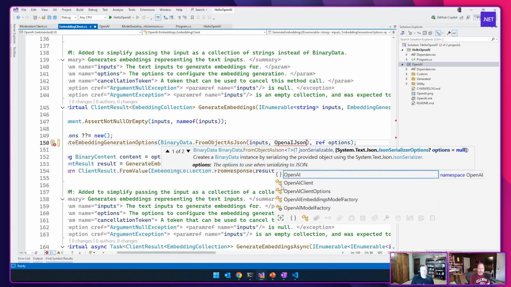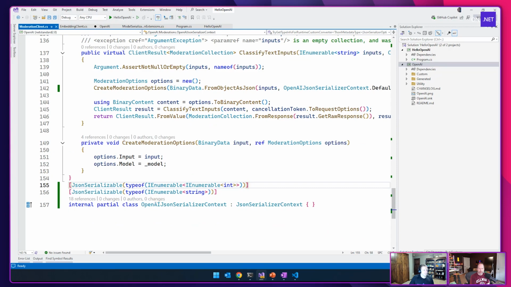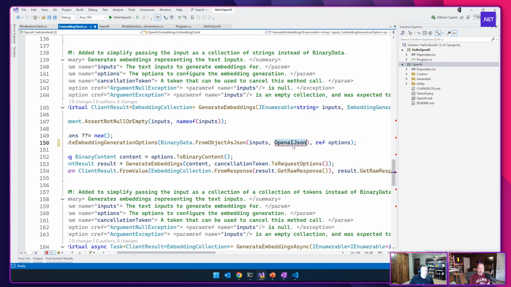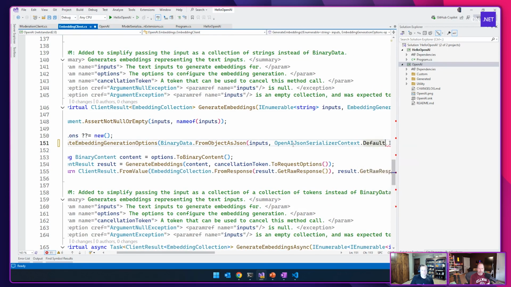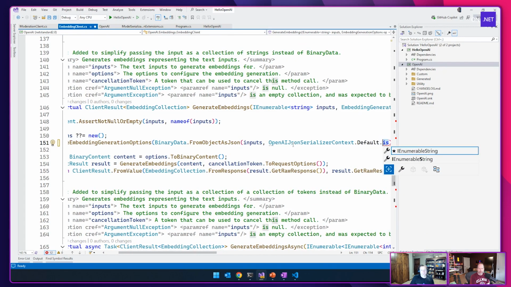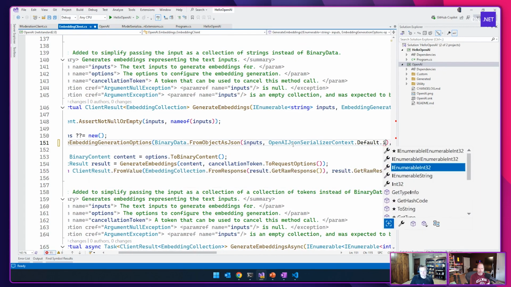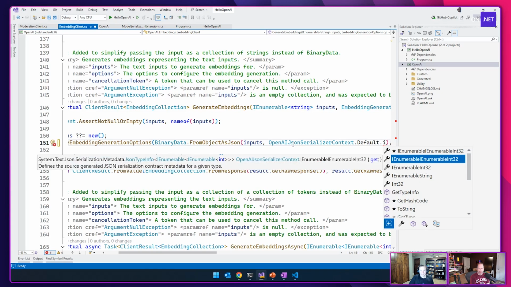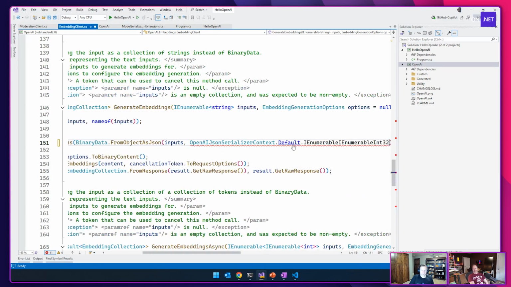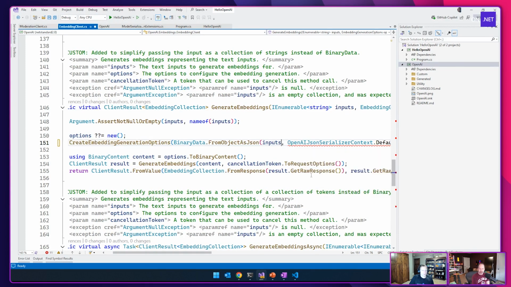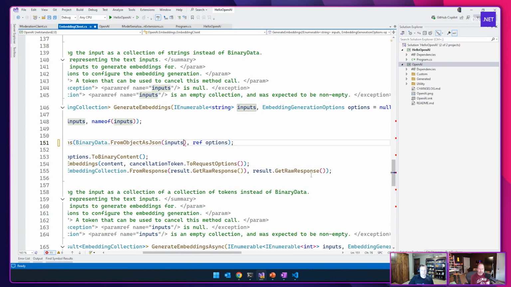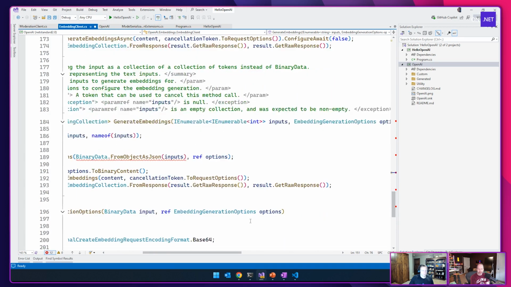And I call it JSON serializable context. Oh, there's IEnumerable of int32. Yeah, there it is. Nice. Oh, I put it on the wrong line. This one's the string. It's this one.